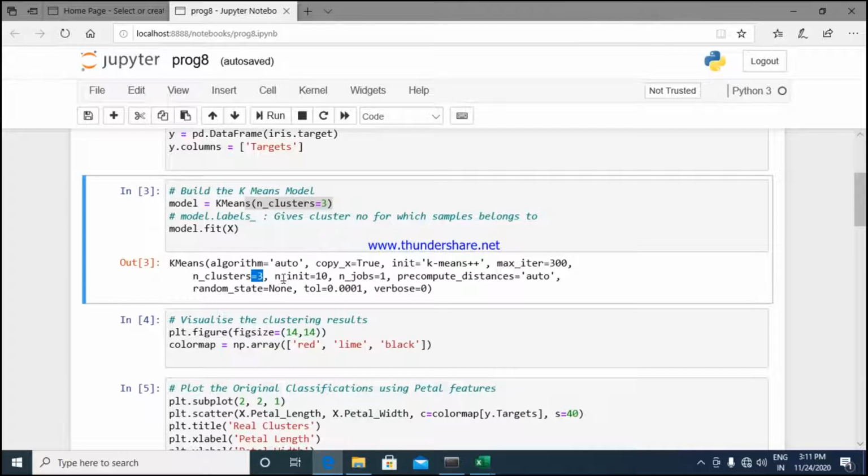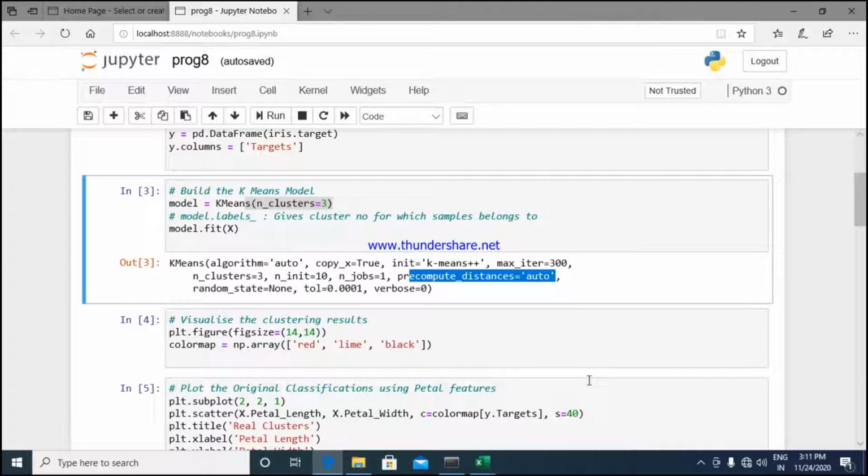After that, n_init is equal to 10. I will start initializing the centroids 10 times. n_jobs is 1. Precompute distances is auto. While forming a cluster, it has to first take all the properties you have in your circle.